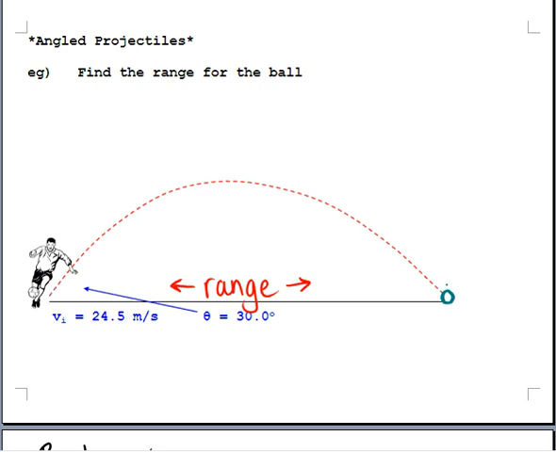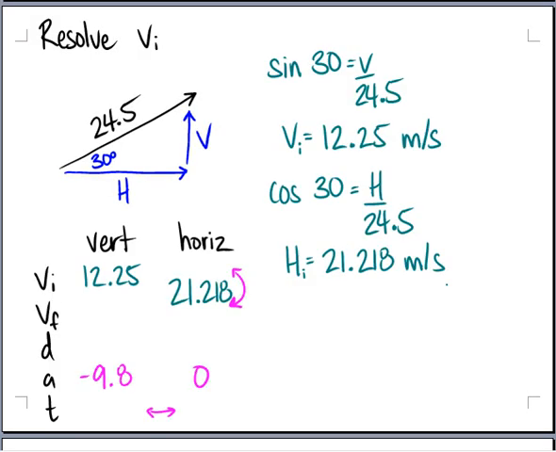Lands right there. So I could ask you vertically, don't worry about horizontally, but vertically, what's its displacement? Well, if it started on the ground and it finished on the ground, then the vertical displacement is actually 0. So I'm going to put that value in there. The overall question mark is the horizontal distance. Hey, look at that. We're going to scratch the vertical VF just like we did in the last 3 examples